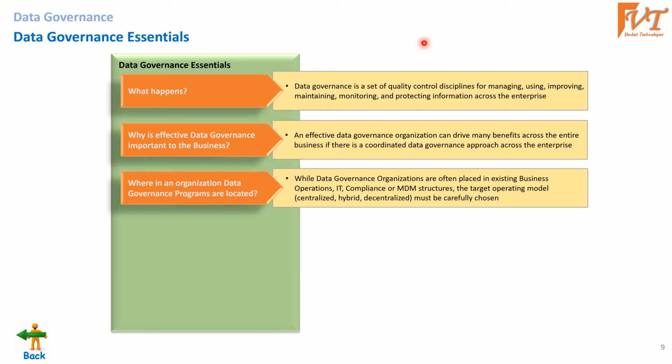So where are an organization's data governance programs located? We were talking about data quality, data consistency, data reliability, all those things. Those are just theoretical terms. But coming to practicality, there should be some programs implemented to perform all these things. So where are they located? To make it more simple, wherever the business system is that controls the master data, there the programs should be located. It's as simple as that.